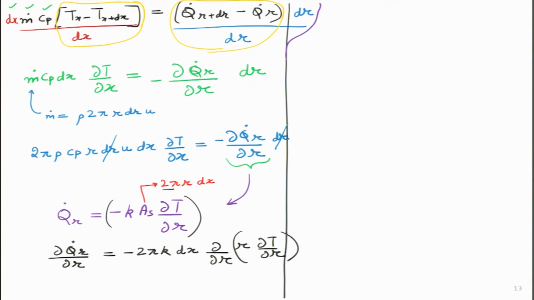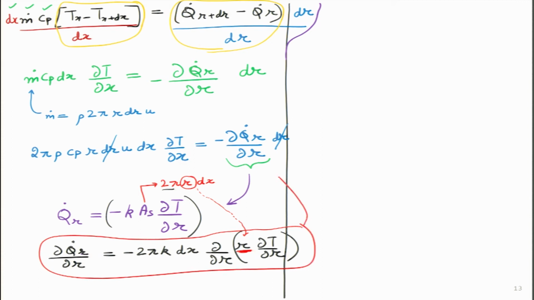This is what we will get. If students ask, sir, where did this extra r come from? Can somebody tell? I think it has come from here. So, this r I cannot take outside the bracket, right? So, this one I have put over here. Let me put a red box over here, because this whole red box will go back over here. So, we looked at this term, we started with the purple line over here, solved this, then got back, then the red box, and the red line takes us back over there. Now, this whole thing I will write here.